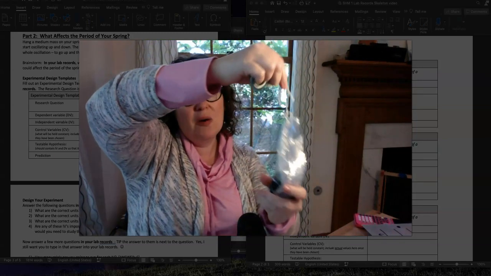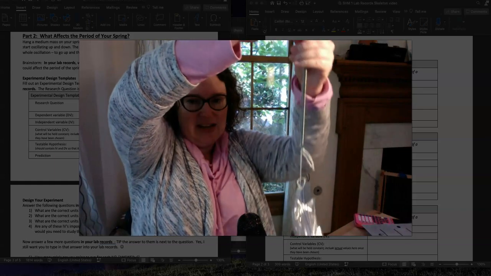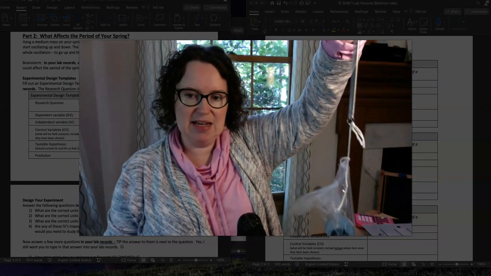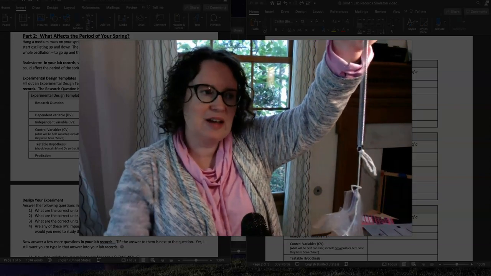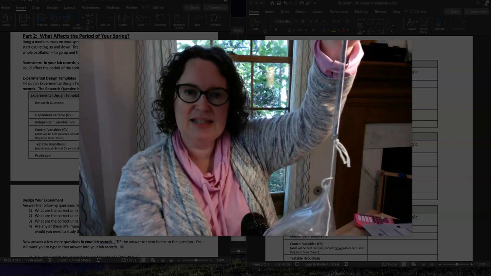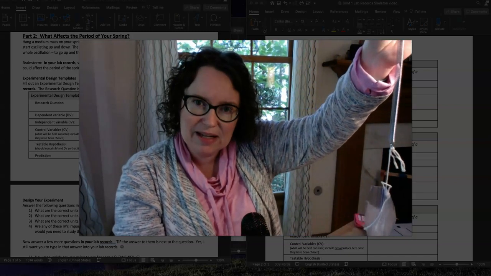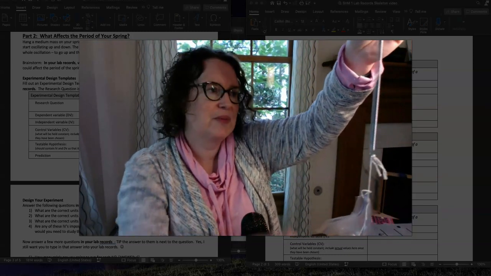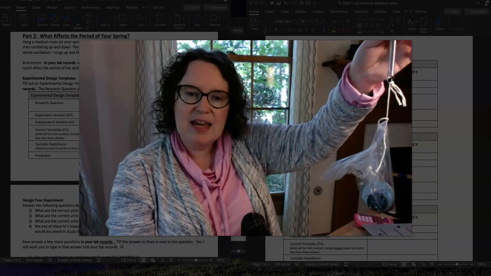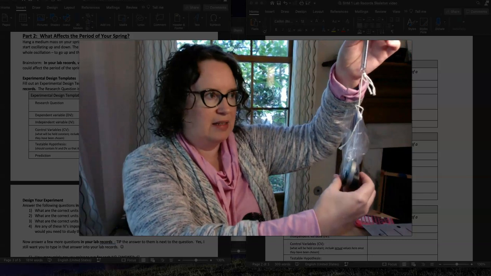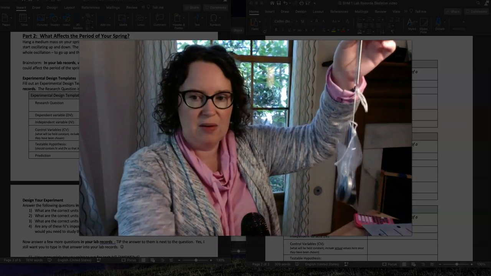Okay, so what we're actually going to study in this lab today is the period of oscillation of this, and this is called a spring mass system because the spring and the mass are both moving together. Okay, so I'm just going to adjust this a little bit. If I pull down on these masses and let go,